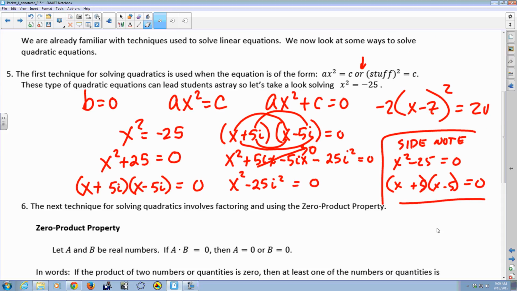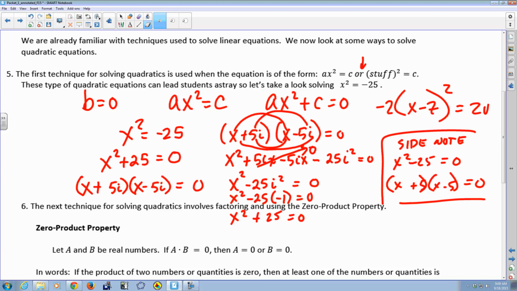And remember, what was i squared equal to? Negative 1. So look what happens. You replace that i squared with negative 1, and you get x squared plus 25. Okay? So you're right back to where you started. So all I'm trying to do is encourage you not to be flipped out if you're trying to factor this. You do it as you normally would, as if there was a subtraction there,